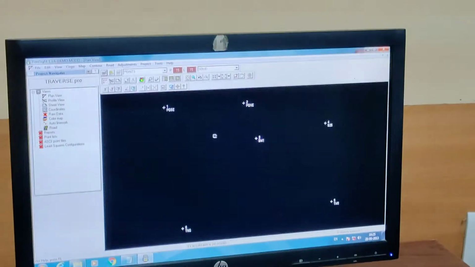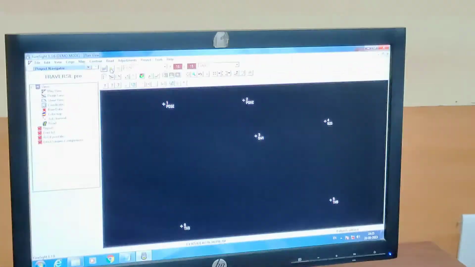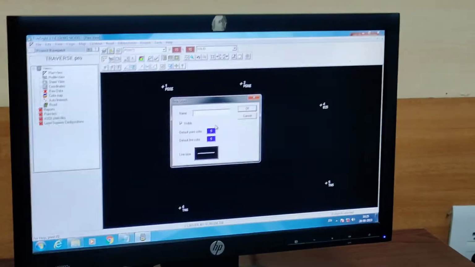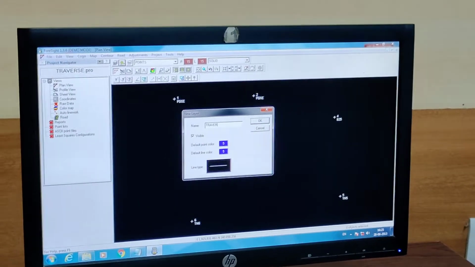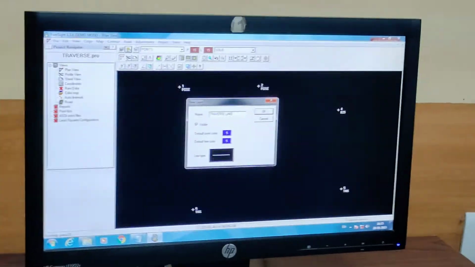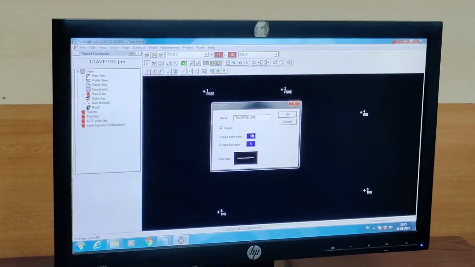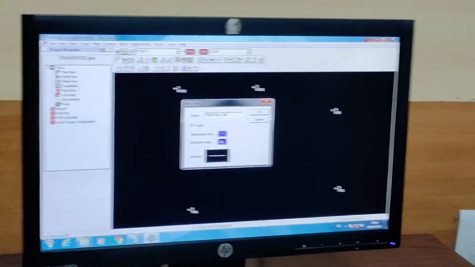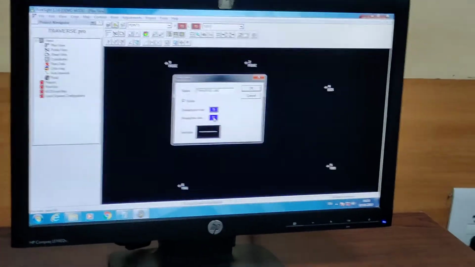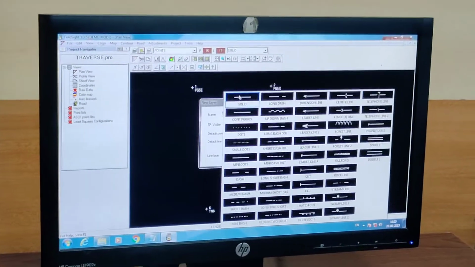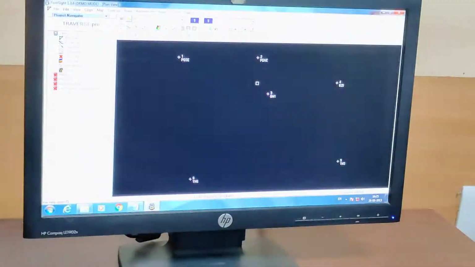For that, first just create a new layer. Go to new layer. Traverse line. You can select the color for point or line. Line type also you can select whatever you want. Just set to solid, click OK.